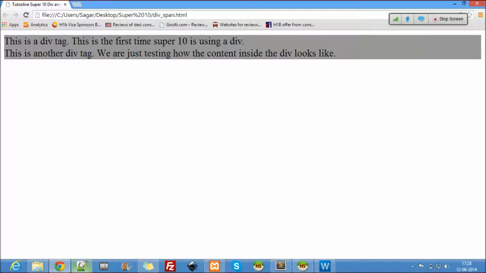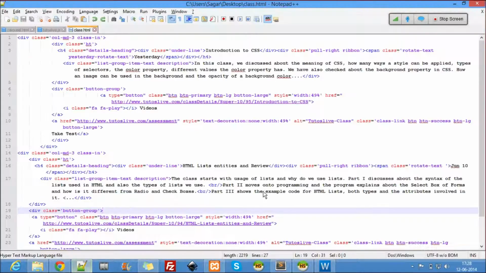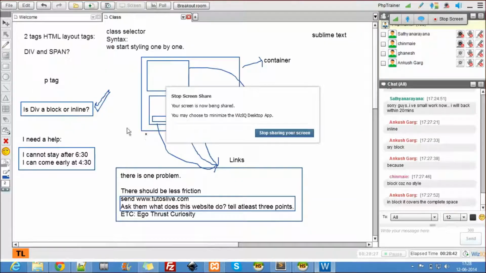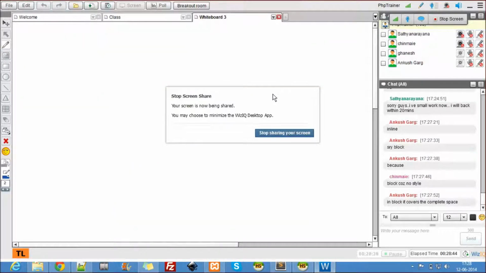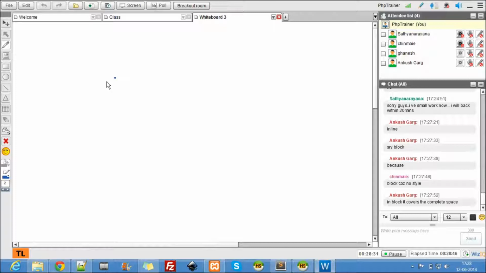So even before that, let me talk about the class selectors. Yesterday we have seen about the tag selectors, right? So class selectors are nothing but, this is a tag, any tag. All you gotta say is class equal to some class name. Remember, class names are always small.